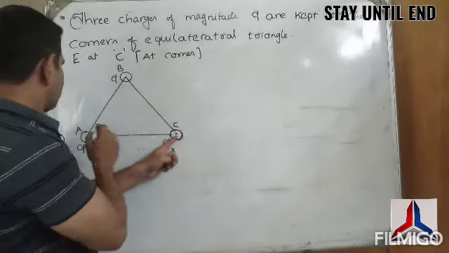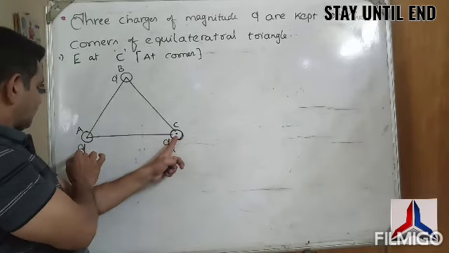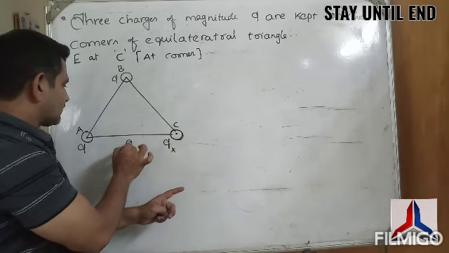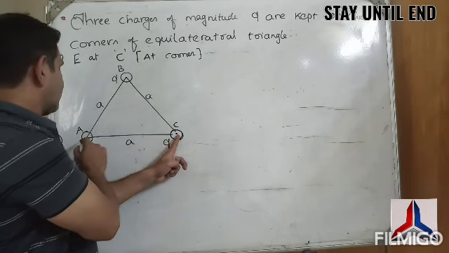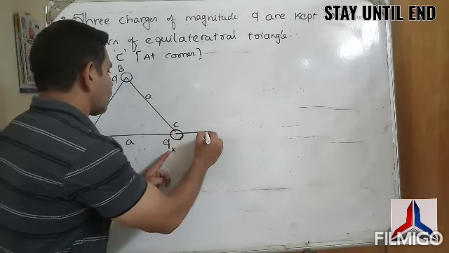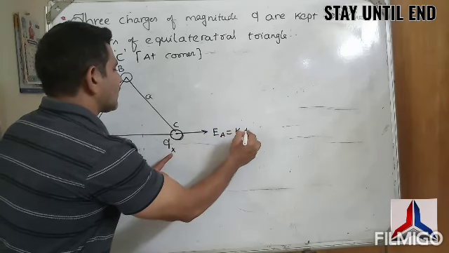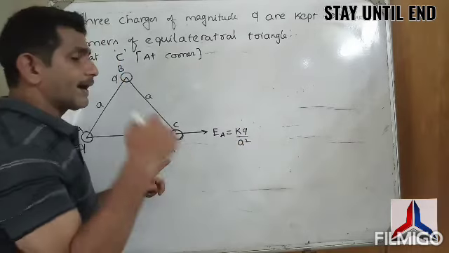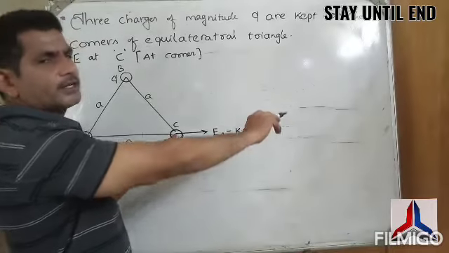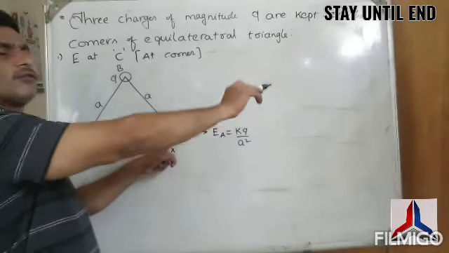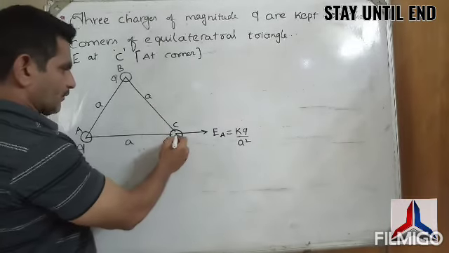Now you are going to charge A. At point A there is a charge q which is at a distance a, right? Charge and distance. So it can give the electric field at this point, that is electric field intensity due to A is kq by a square. My question, why are you taking it in this direction? Because it is away from positive. This is a positive charge, away from positive. Understand or not?